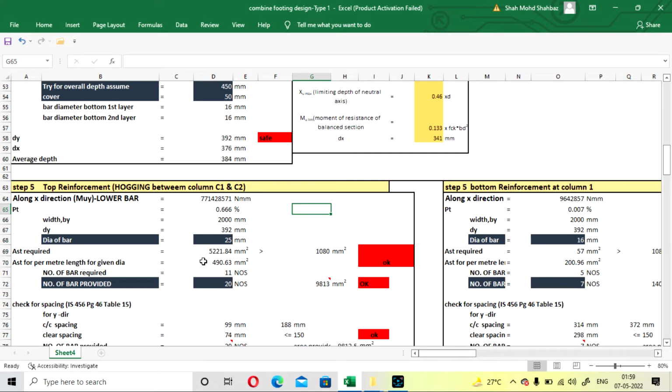So this will be an AST coming, that is 5221 mm square, and this will be your AST minimum, that is 1080. So this value will be greater, so we have to consider this value. It will automatically consider it. I was just guiding what value the software is taking, that is the maximum value. If it is less than your AST minimum, then this value will be taken by the software. Okay,